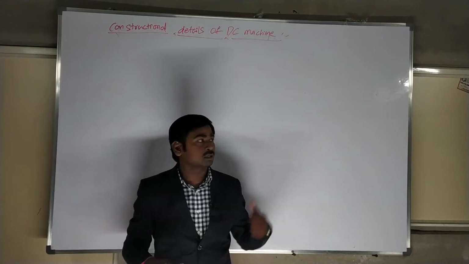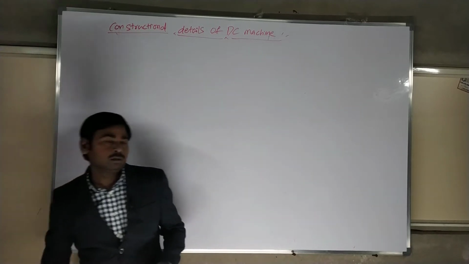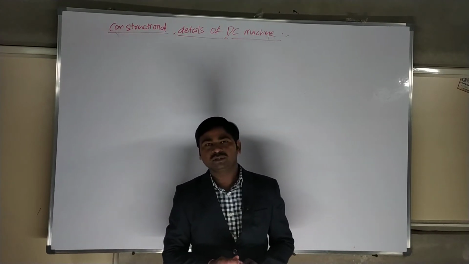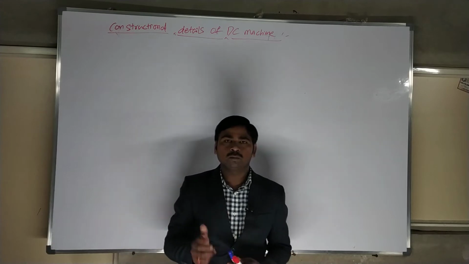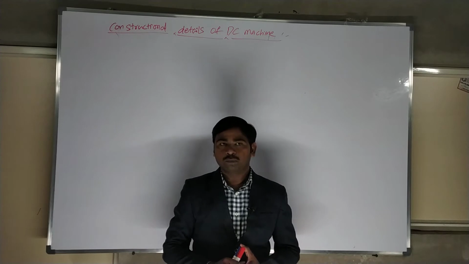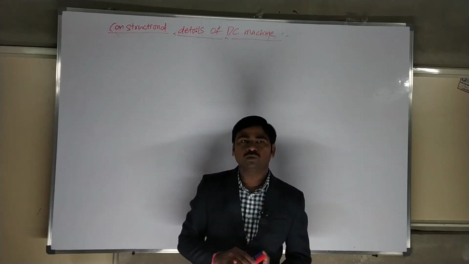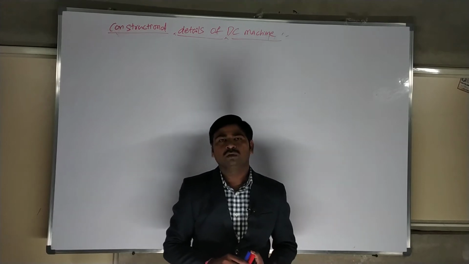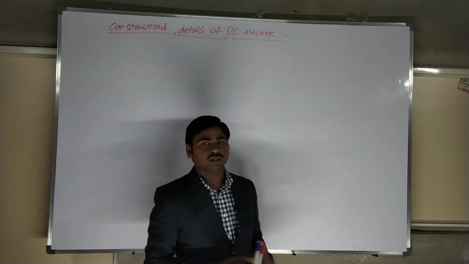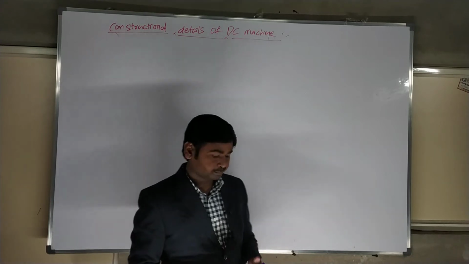Today we have to see the construction details of DC machines. Let us see what internal components will be there in the DC machine. A DC machine is nothing but a generator and motor. There are common components inside that machine. We will see each individual component, its purpose, which material is used, what the advantages are, what problems will come, and how we should overcome them. These are all detailed things. Let us discuss one by one.